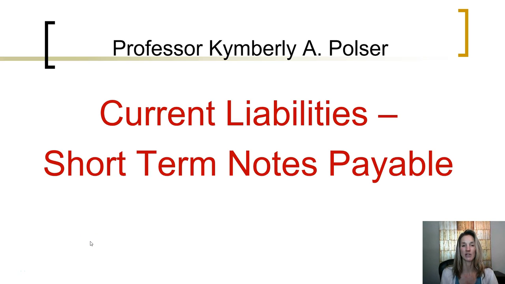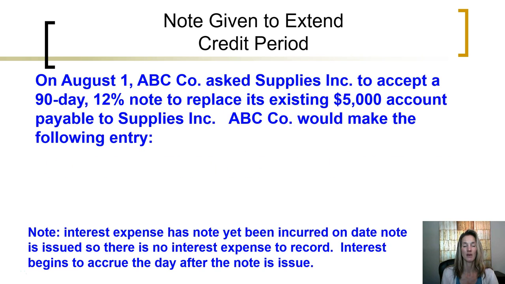This video is going to look at the accounting for short-term notes payable. Notes payable that have to be paid off within the next year or current operating cycle are classified as current liabilities. Here's an example. August 1st, ABC asked their supplier, Supplies Incorporated, to accept a 90-day 12% note to replace